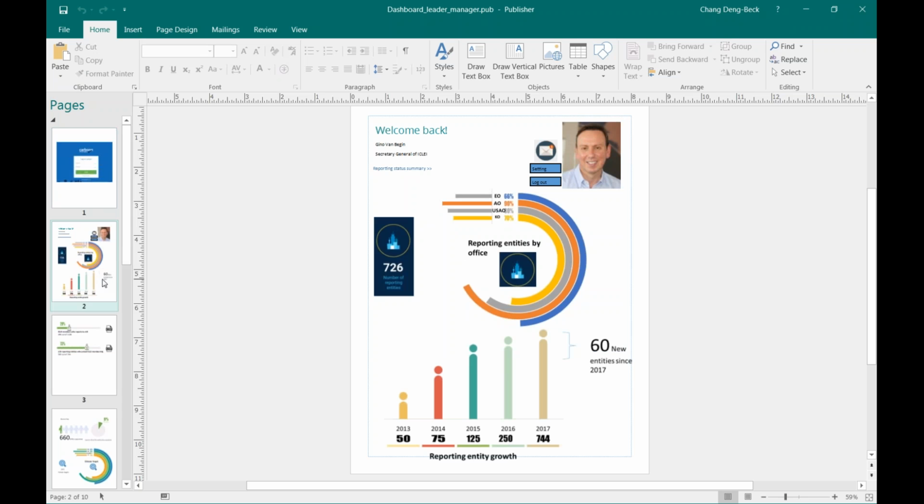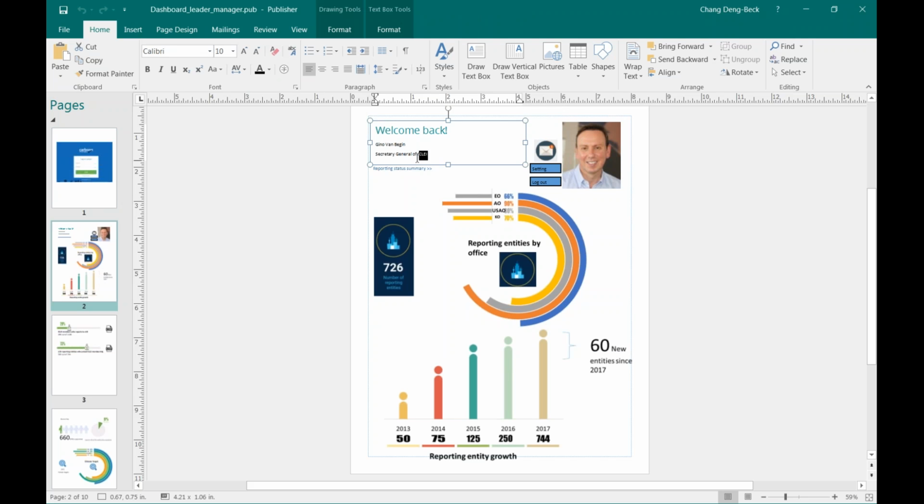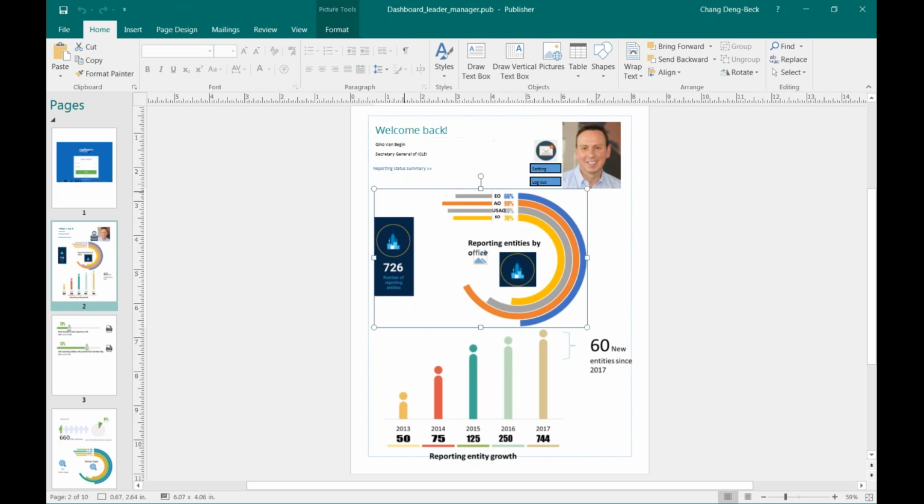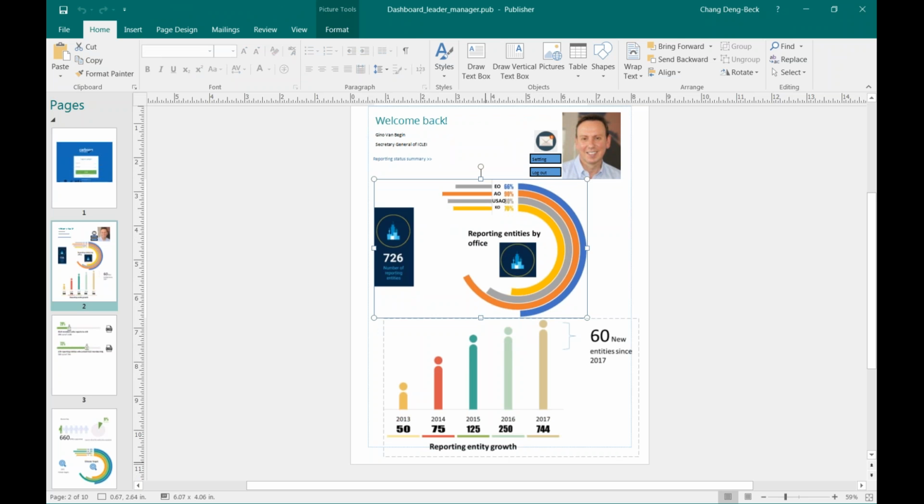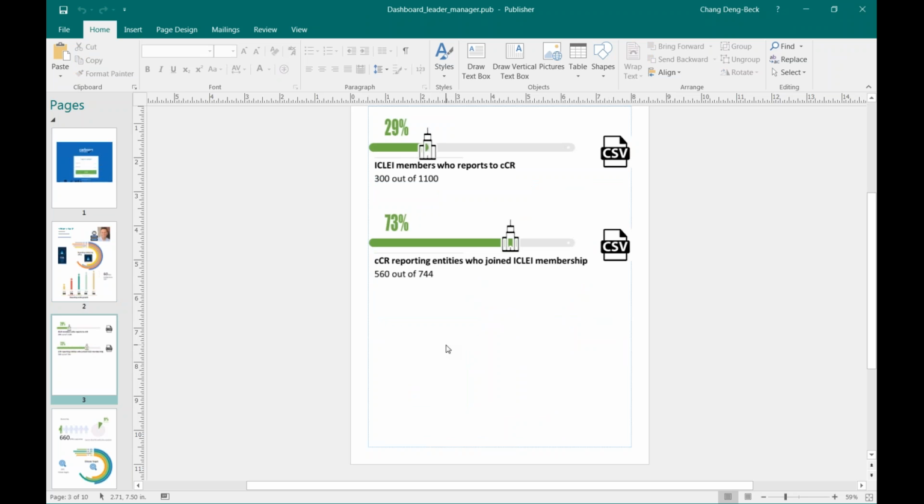Here I used Gino as an example. You will see your name and your role at ICLEI, and then you will see a reporting status summary that includes the number of cities reported in your region. In Gino's case, of course, he sees all the regions. You will see the number of entity growth and, of course, in your region, you will be able to see which cities reported and how many of them are ICLEI members, and you can download